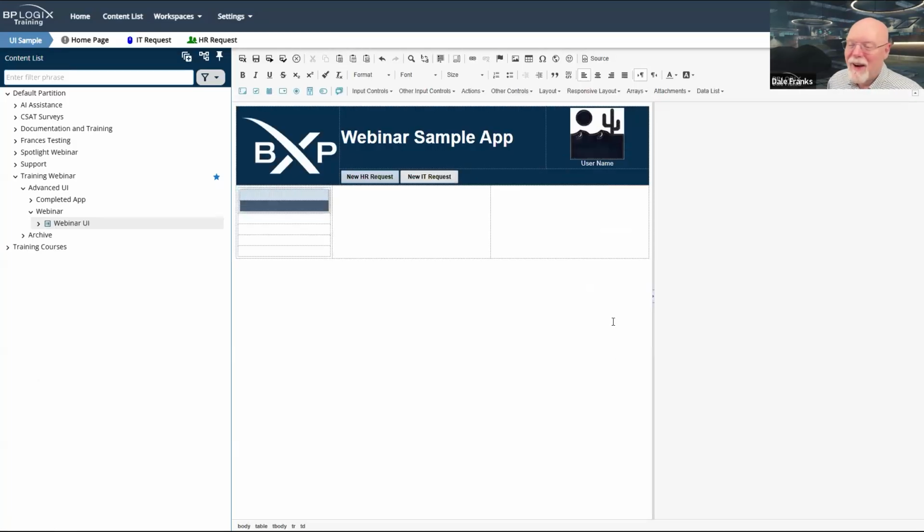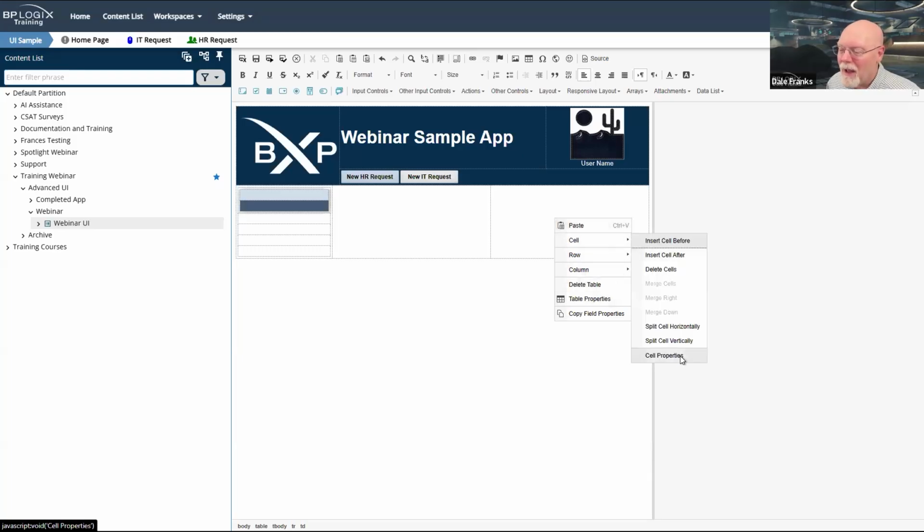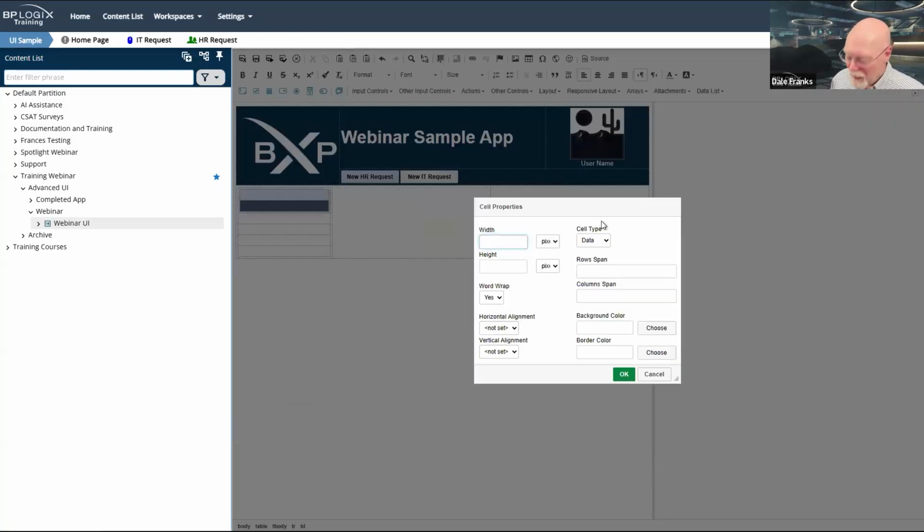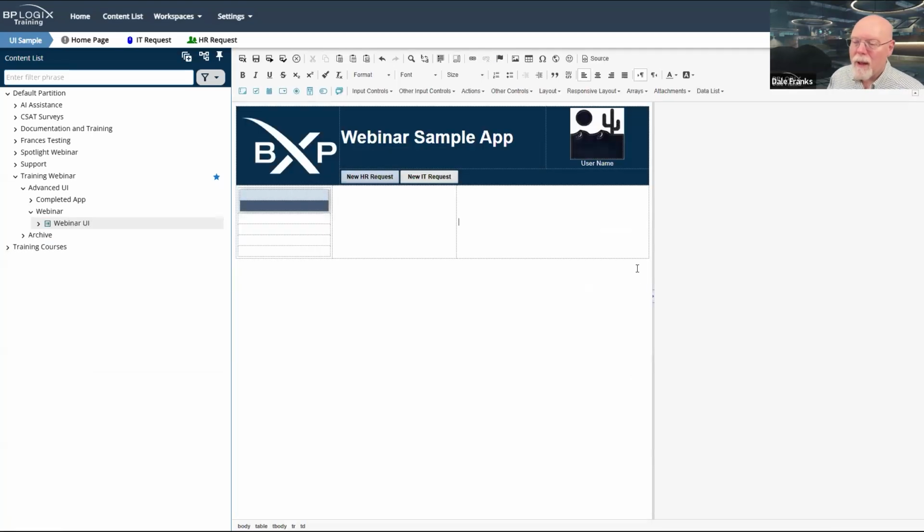So on that third column, we are going to go to cell and cell properties, and we'll set it to 400 pixels. And there we go. That is the outline of our form. And this is where all of our controls are going to go, at least the controls that provide us with the visual look and feel that we need for our UI.